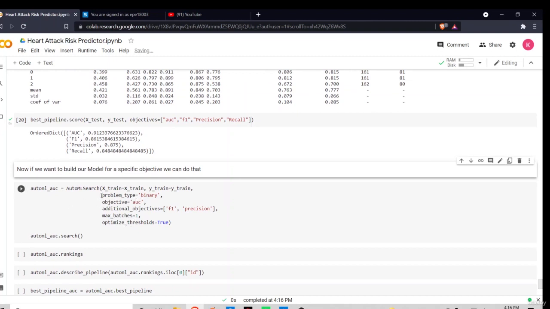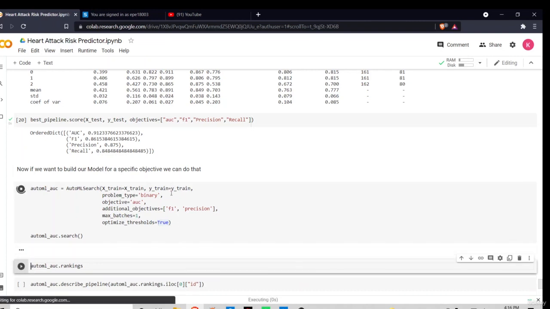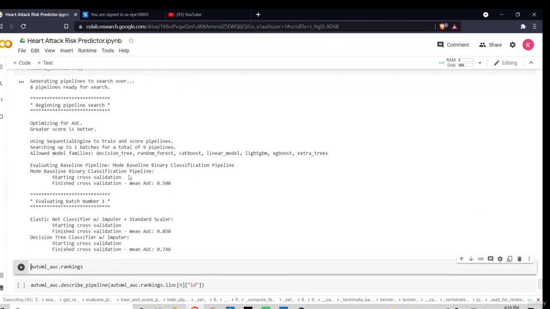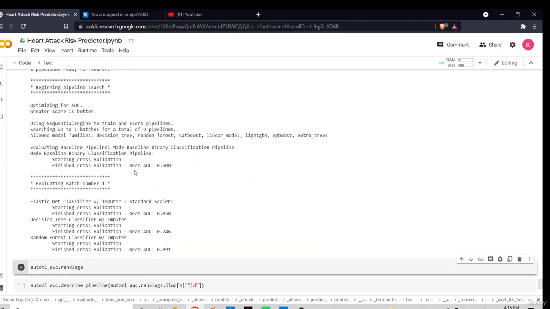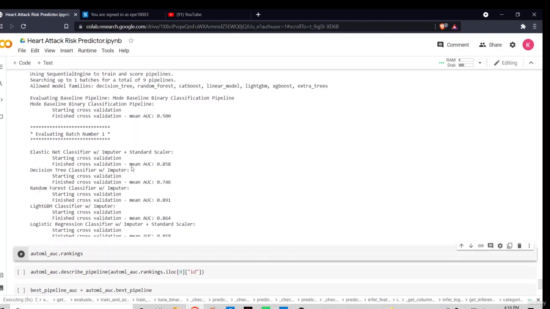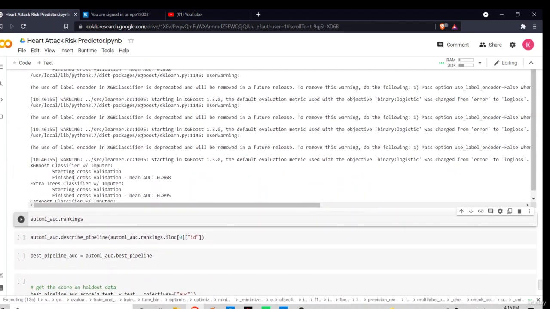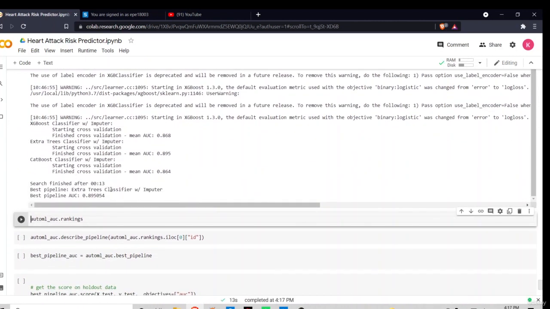What we'll do is use the same AutoML search, we'll give the data, and we'll select our objective as AUC. Then we'll select additional objectives as F1 and precision. This will train our model based upon the AUC ranking, and the model which has the highest AUC score will be provided. It will take some time as it searches all the different models, and then it will provide the model. As you can see, it is still searching,